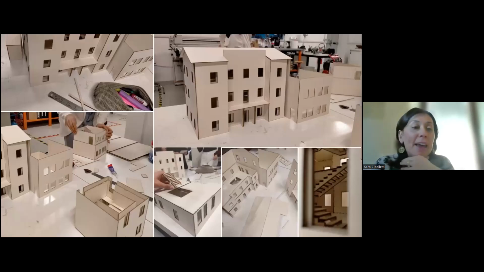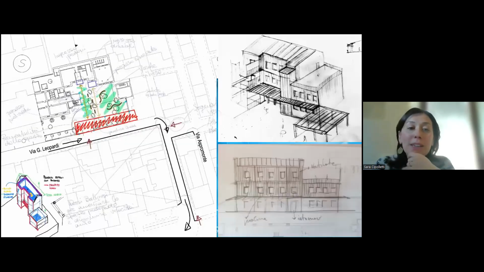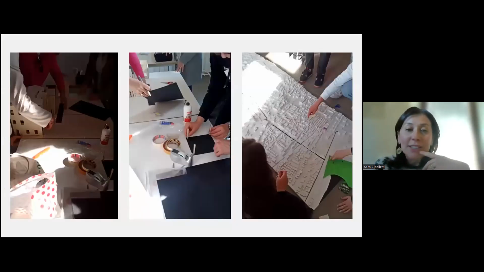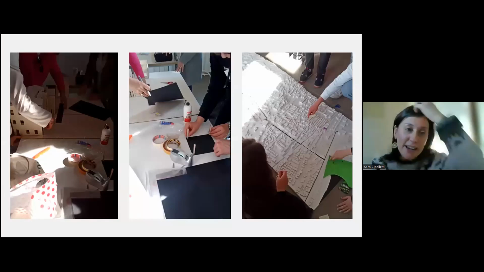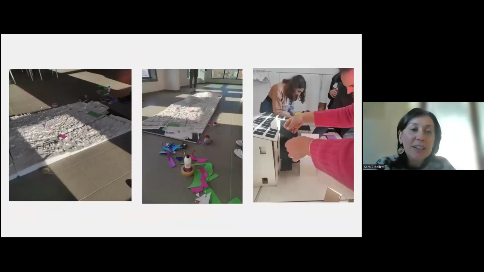And then we built another model, a more architectonic model, and we start drawing, sketching, and we start to experiment with this model at a big scale and at an architectonic scale. And so we interact with this model to transform this space according to the desire and the proposal of teenagers. It was a really wonderful experience, because the